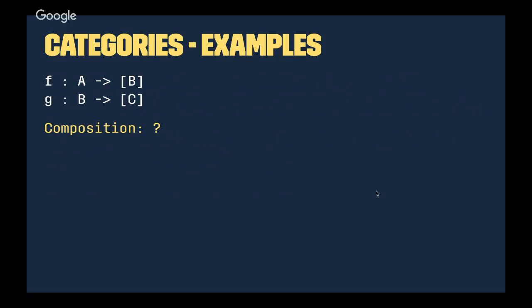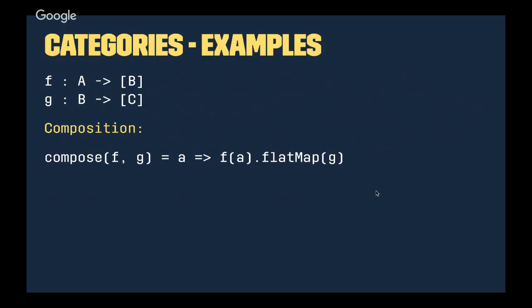Map is reasonable. If I applied f and then mapped g over the output, I would get a list of lists of C, which is really close to a list of C. If I compose them together, I would want to end up with a list of C. That's pretty close, and I can take that home by flattening the result. Alternatively, I posit that I can write it this way. In this category, the way that I compose f and g is by taking the function that takes a single A, applies f to it, and then flatMaps g over that result. flatMap is map and then flatten, equivalently.